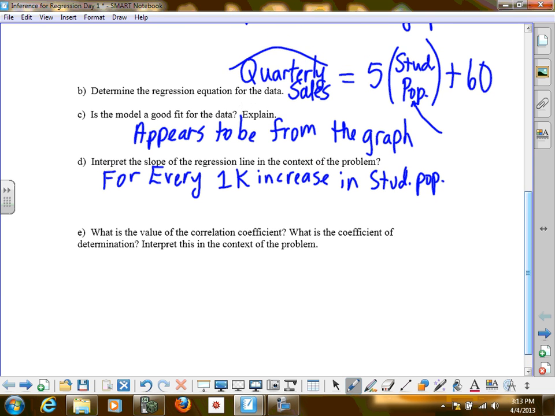So every time this thing increases by 1, every time that goes up by 1, what will happen to the quarterly sales approximately? Good. Okay. So for every 1,000 increase in student population, the quarterly sales